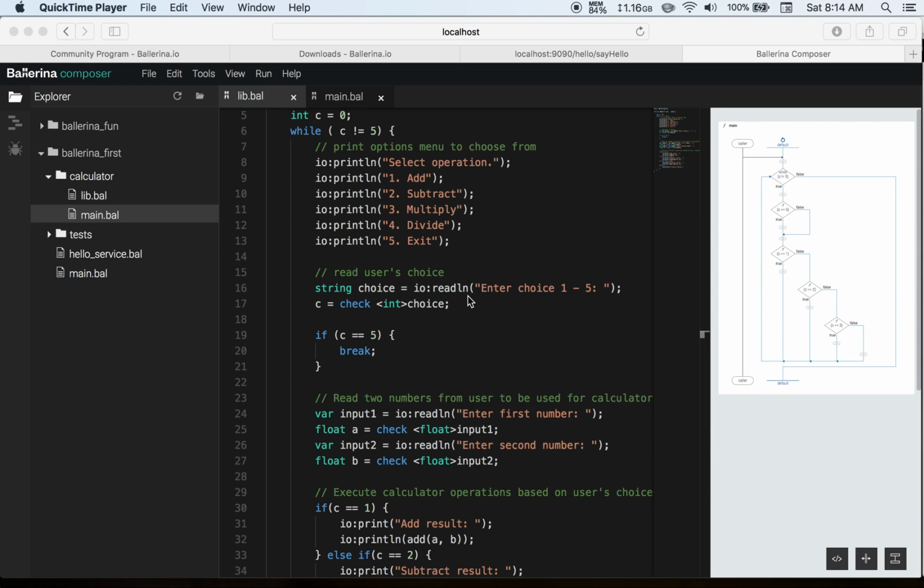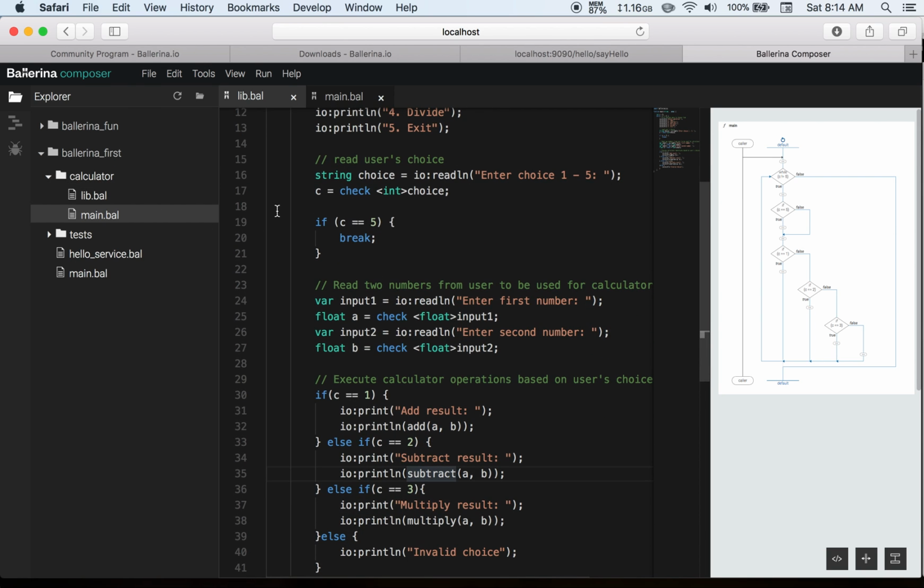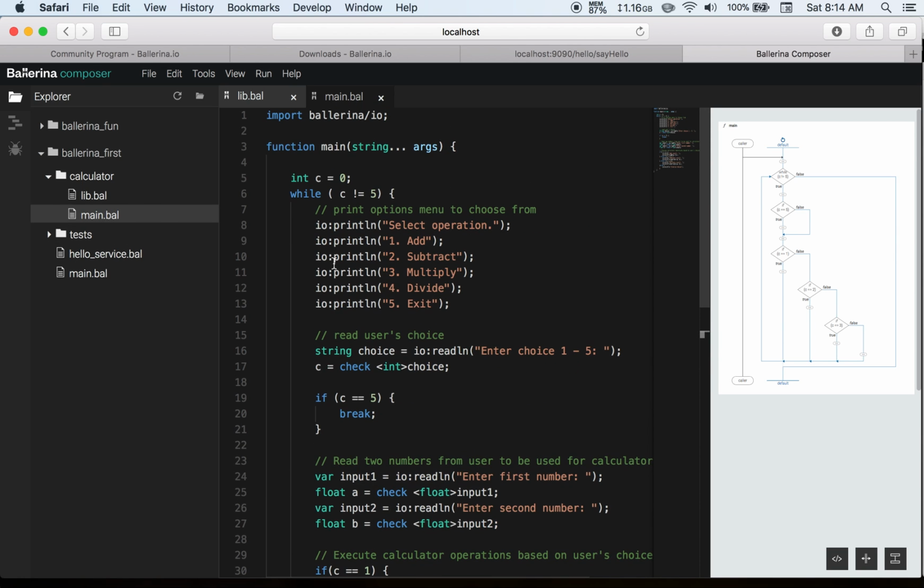Hi guys, welcome back. So in this video, what we are going to do is to create a calculator service. In the previous video, you should be able to remember what we did. It is a simple, direct, general implementation of a calculator. We wrote a simple function